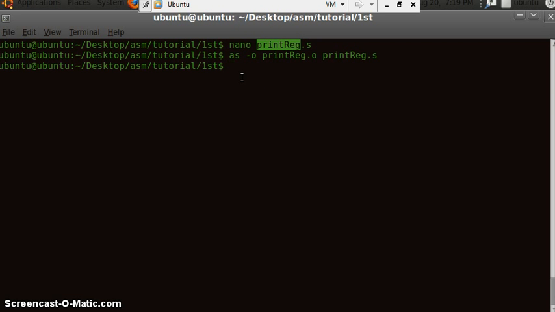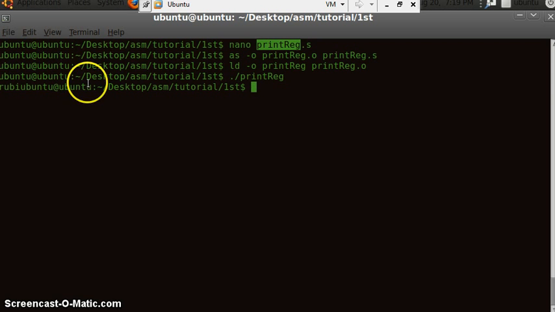Then link it. Create a binary called printrec from the object file printrec.o. Okay, it has been linked now. So now just run the program. Just notice what we got. We got the contents of our EAX register printed to our screen.